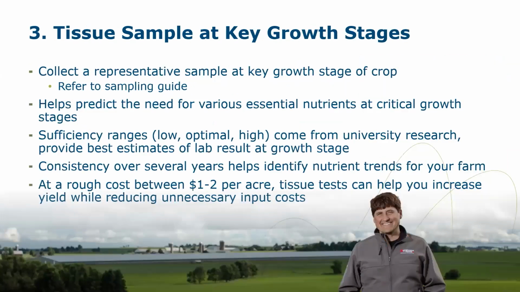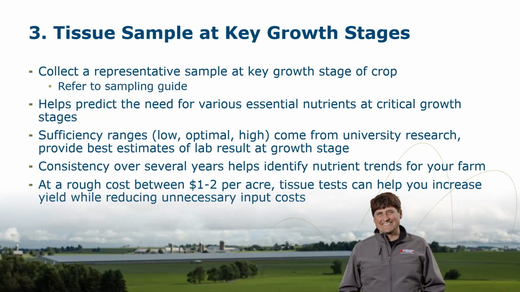Number 3, what about joining other farms who tissue test during key crop growth stages? This is actually the most common program used by cooperatives and fertilizer dealers when they have summer interns. What can they gain? This type of tissue program predicts the need for various essential nutrients at critical growth stages. At a rough cost between $1 to $2 per acre, the tissue test can help you increase yield while reducing